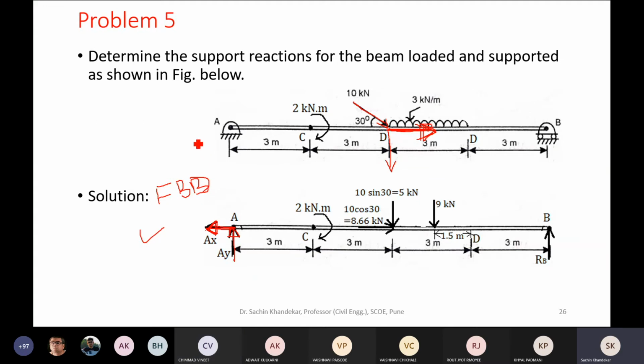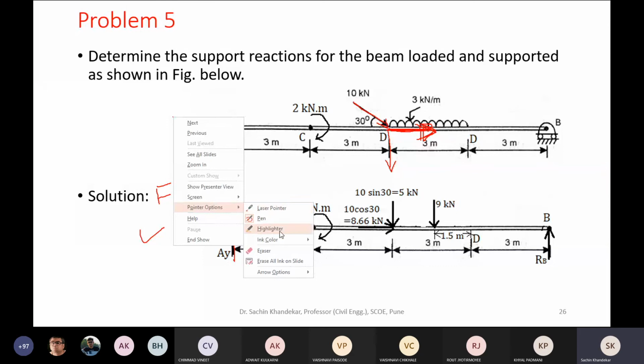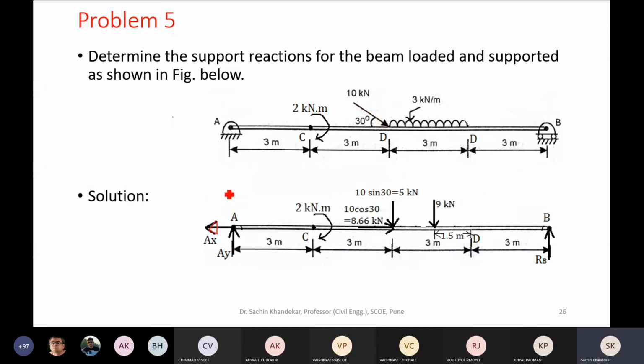Anyhow, even though you are unable to understand it, it doesn't matter, no problem. You assume the direction for AY and AX, whatever you want. You may assume AY either vertically upward or downward, AX may be leftward or rightward. It is up to you. After solving, if you get plus sign, the assumed direction is correct. We have discussed these types of problems in this chapter, right? Fine. So I have assumed AX leftward, AY vertically upward, and then